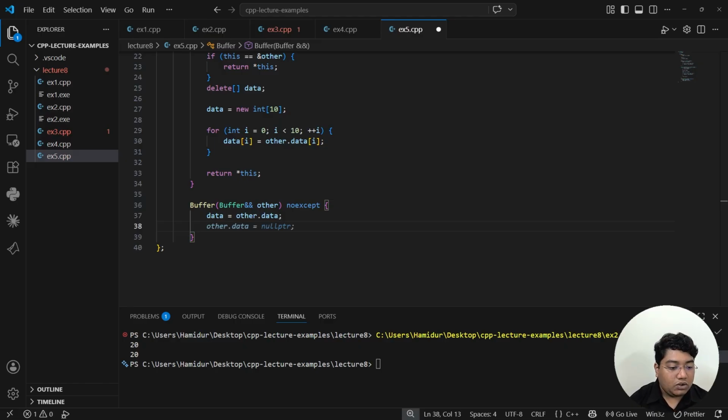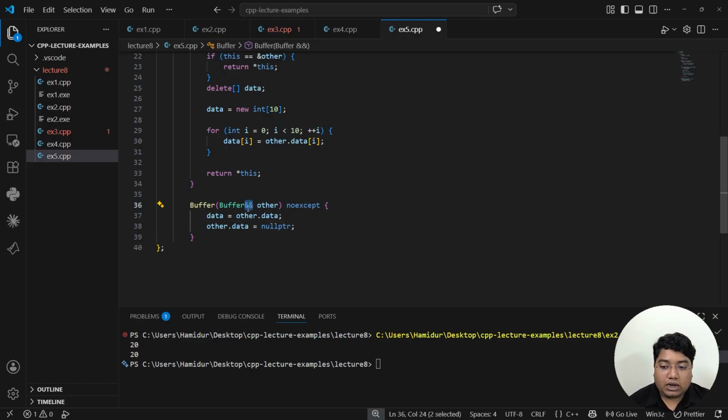And then we simply take the ownership of the existing pointer, and the original object must no longer own it. So we say that other.data is a null pointer, and now this object will delete the